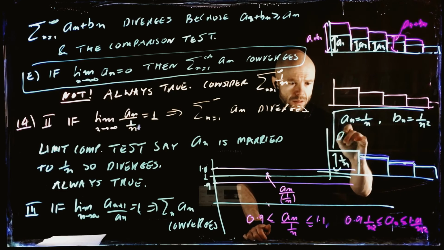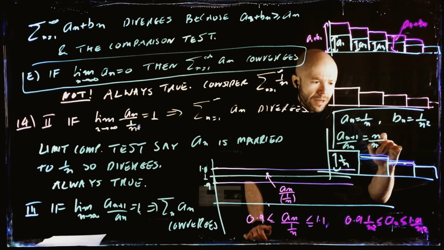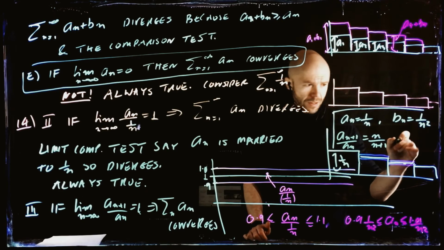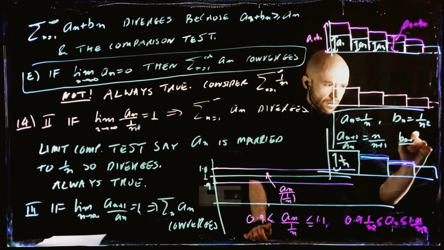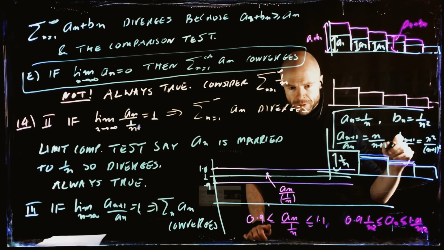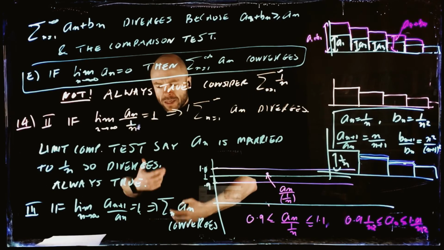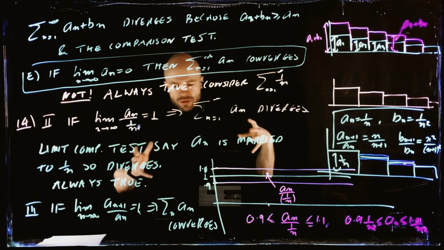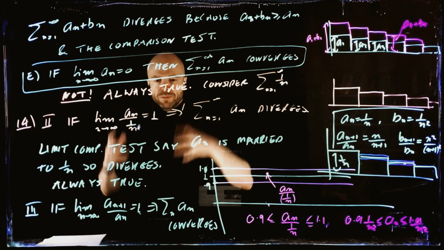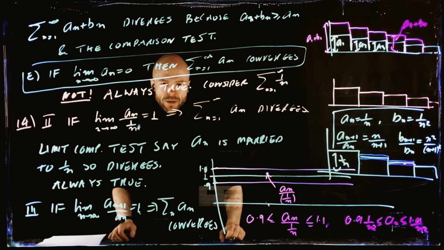So if we look at a_n, then a_(n+1) over a_n is just n over n plus 1, right? And that has limit 1. And b_(n+1) over b_n, this is an example we did at the time, is n squared over (n plus 1) squared. Again, the limit will be 1. So this thing doesn't tell us anything. When I told you about the ratio test, I said this is like an X-ray machine that will tell you if the series in its bones looks like a geometric series or goes down to 0 faster than the geometric series. But that's all